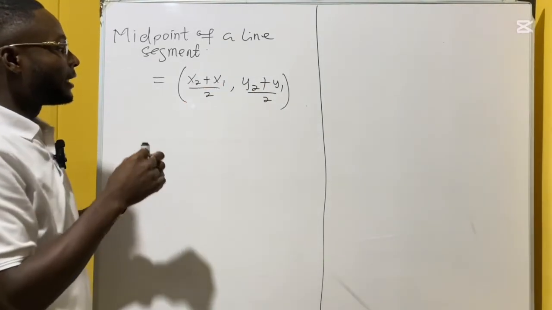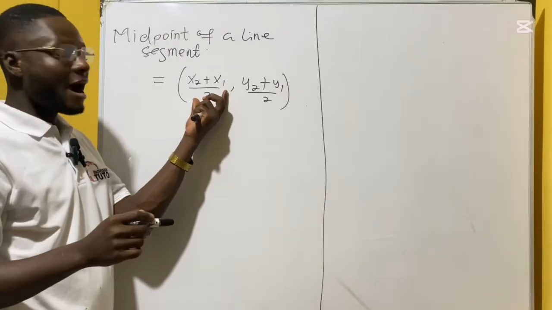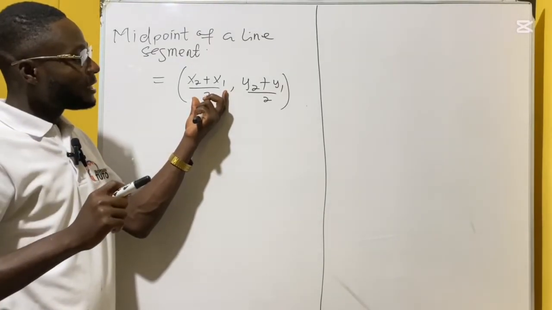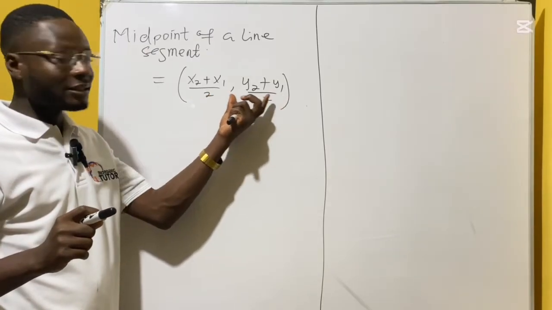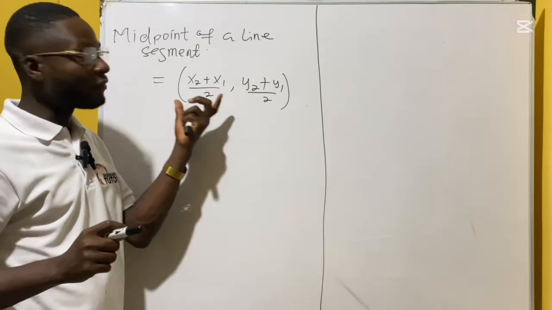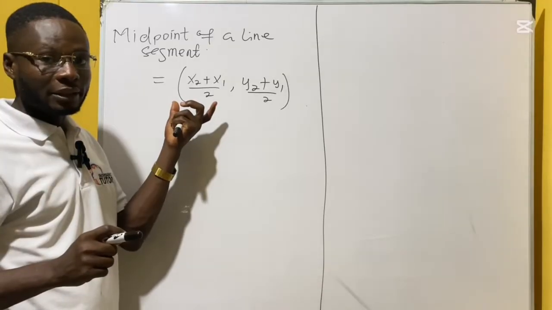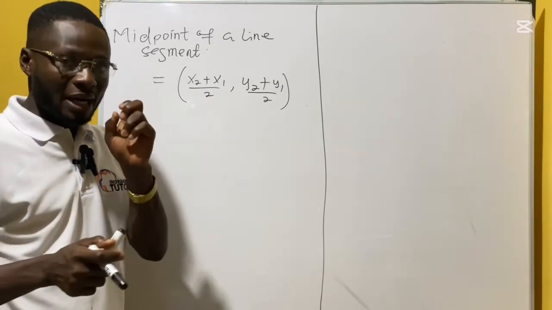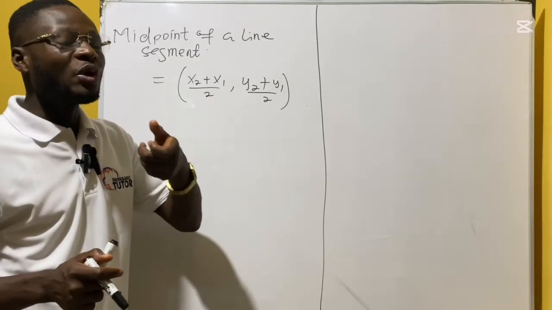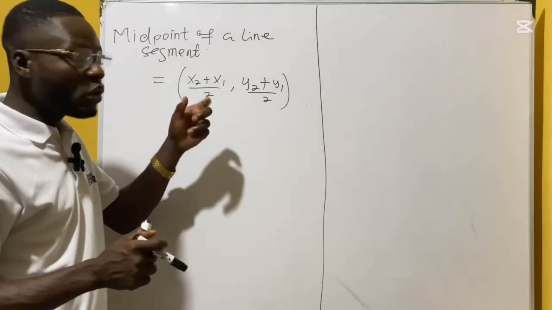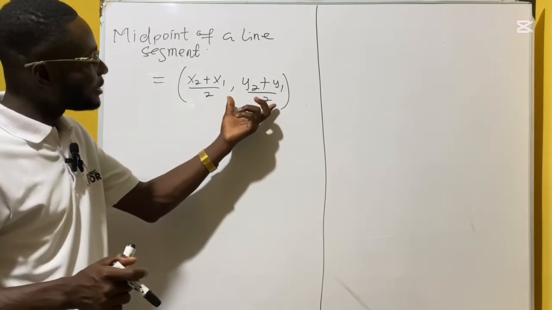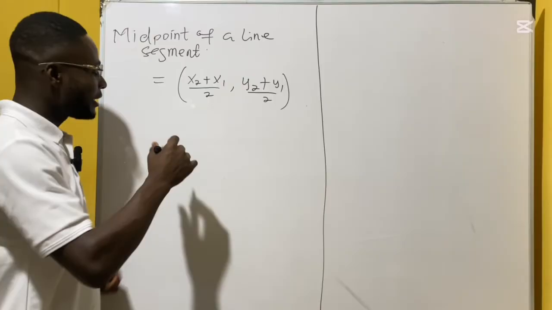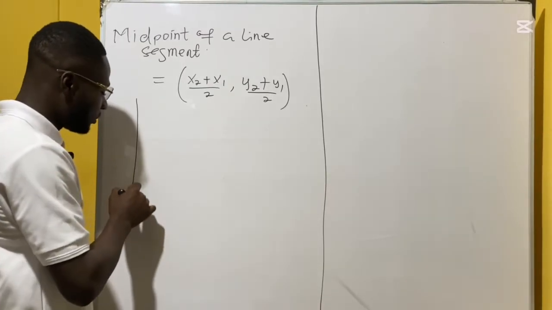So this is basically half of the x point, then half of the y point, then you get the coordinates of the midpoint. That's it. So our interest here is to derive or go through the process to get this formula, right? So basically, this is just obtained from